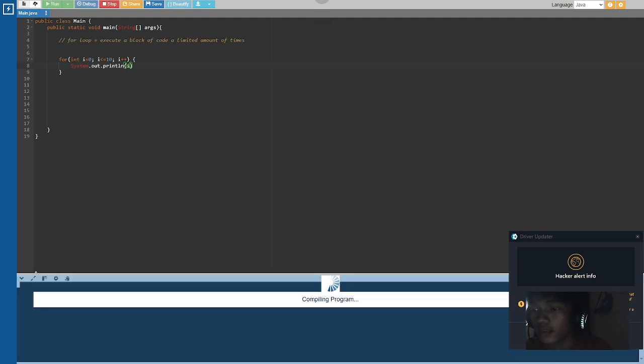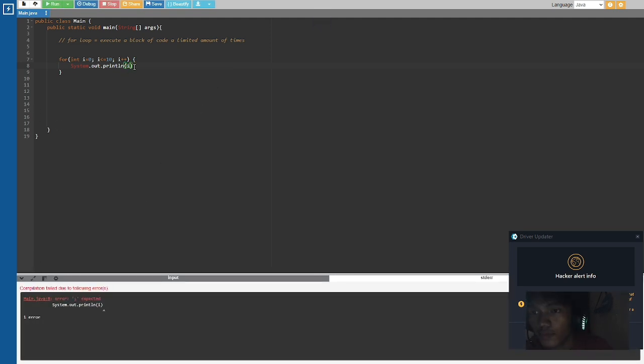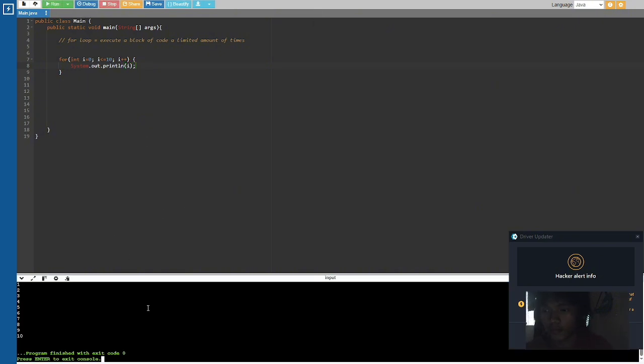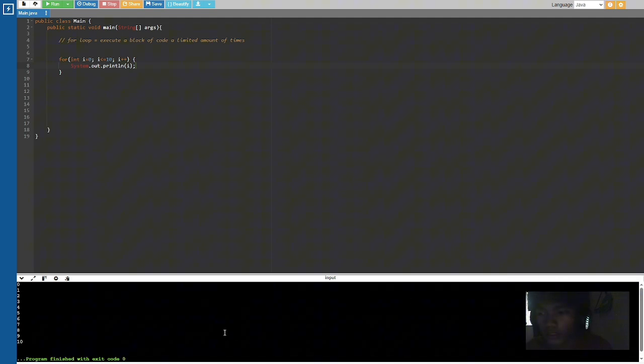Let's run this. So as you can see, because it's indexing, it starts with 0. So 0, 1, 2, 3, and it ends with 9, because every time this is true, it adds 1 until it is equal to 10.